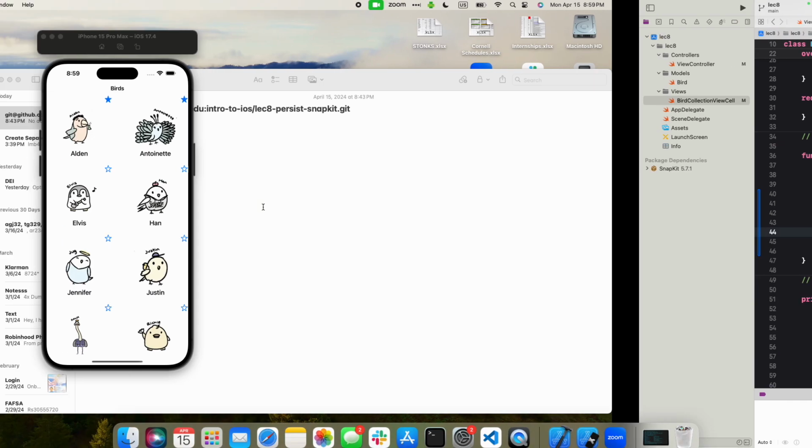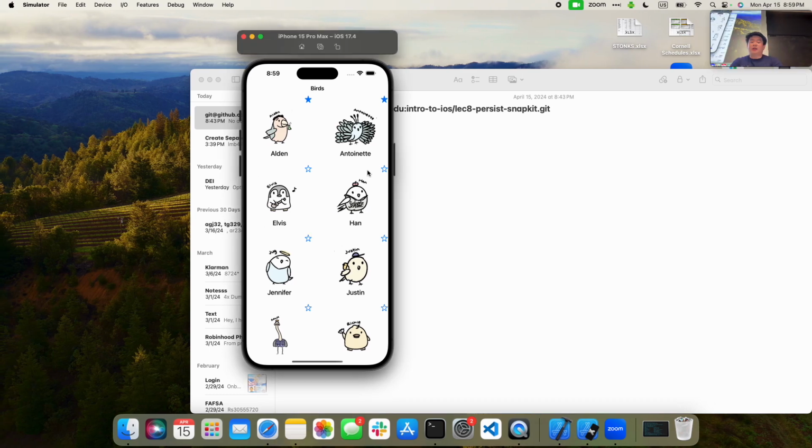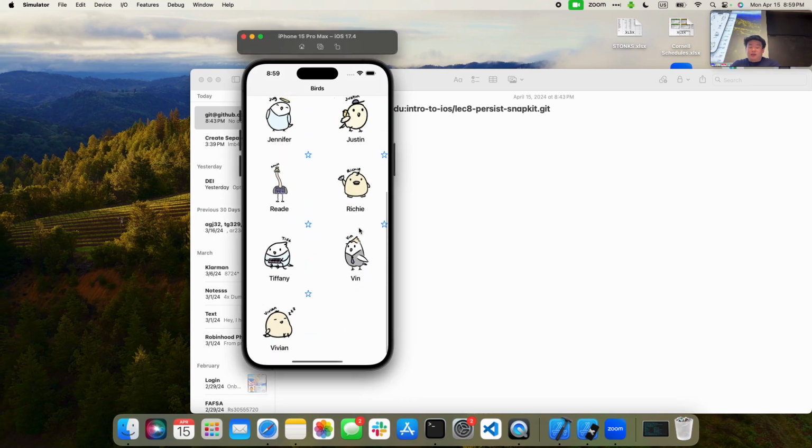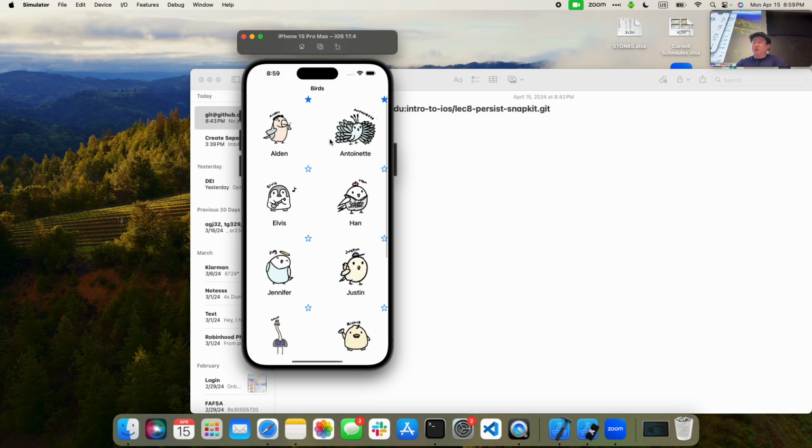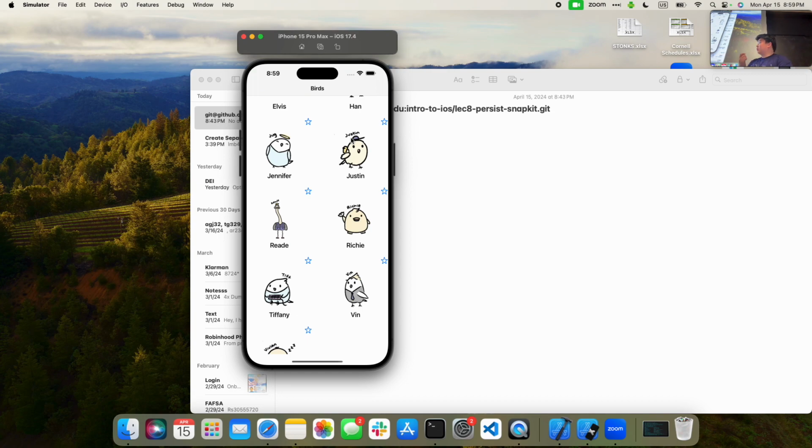Otherwise, if you don't do that, you'll have something wonky where, when you dequeue and reuse the cells, some of these might be selected because you're reusing a view that has something selected. So what you want to do is process these interactions within our configure function, so you never have that instance where you're requeuing and dequeuing a cell that already has the UI modified.